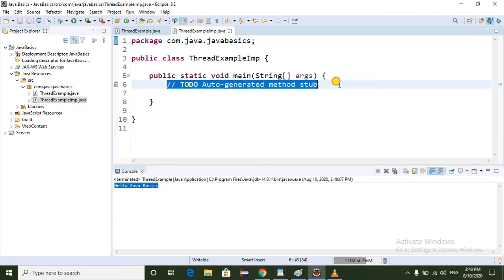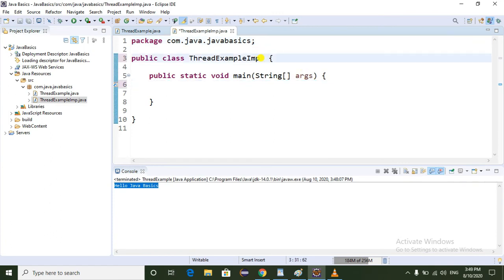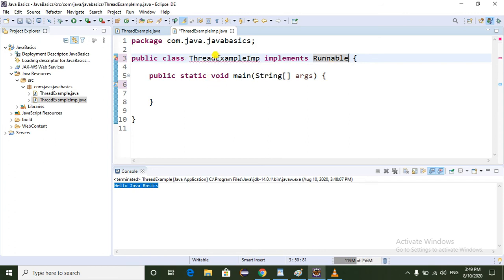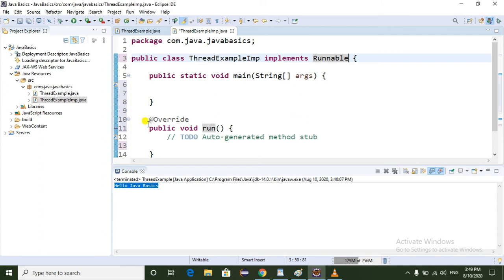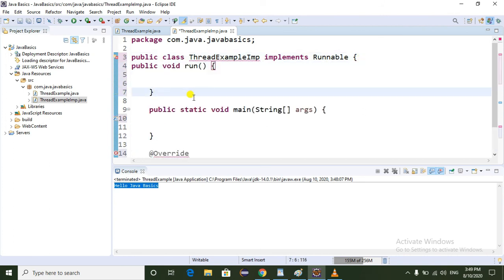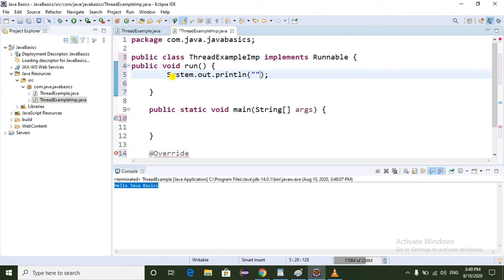Here I am going to implement the Runnable interface and write the run method, overriding the run method. In the run method I am writing System.out.println("Hello Java basics").